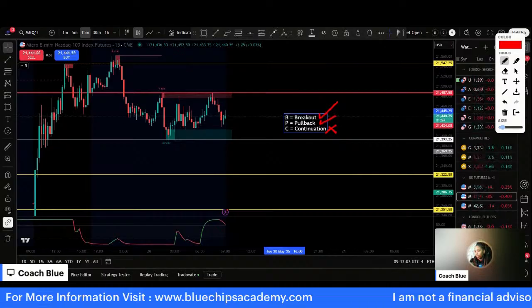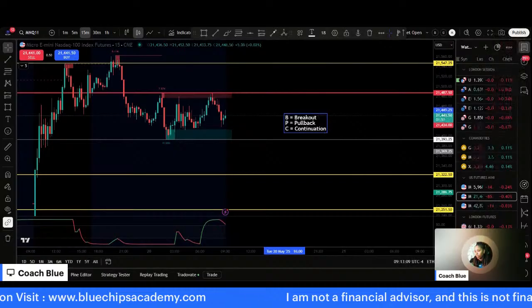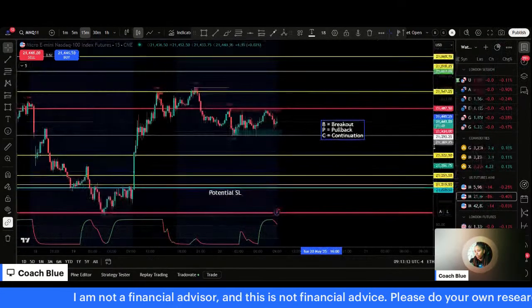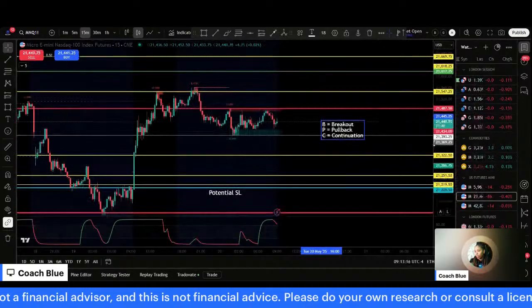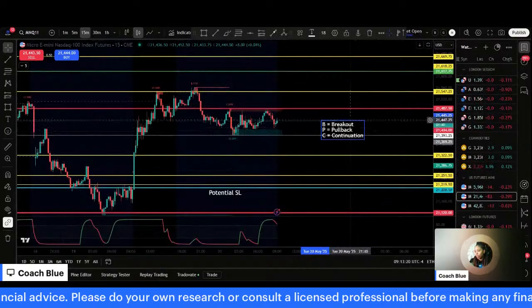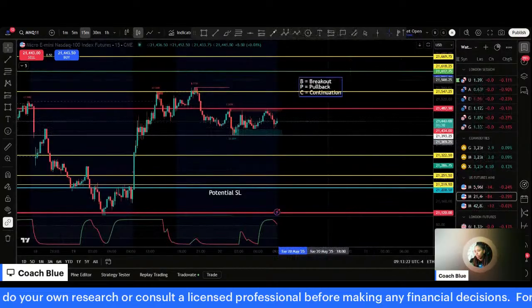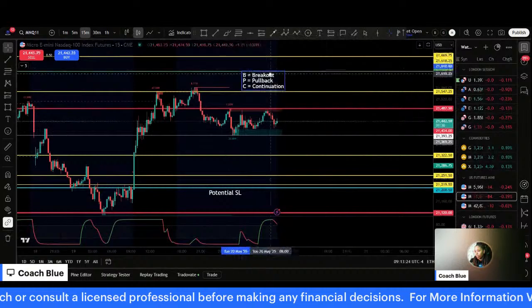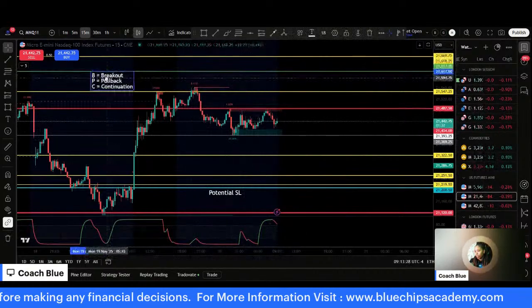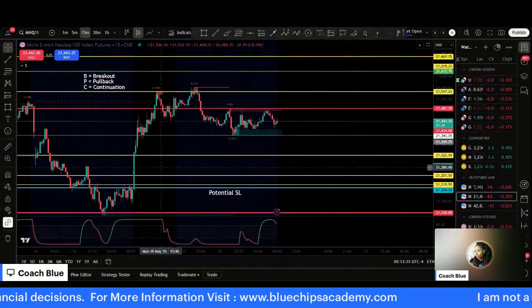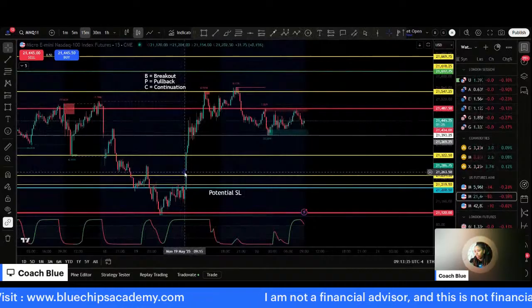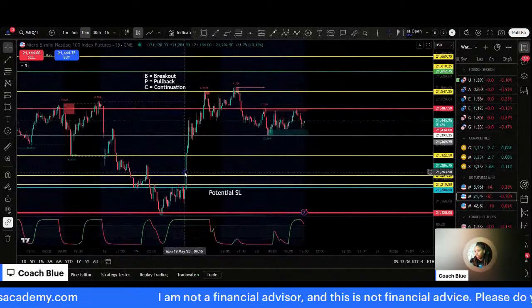Okay? Very important rule when trading any type of volatile pairs like NASDAQ, because these pairs typically have pretty good breakouts around market open. All right, so let's go look at yesterday's trade, because that was a great example of a BPC. I think it was here. Yep, this was it right here, around this time.